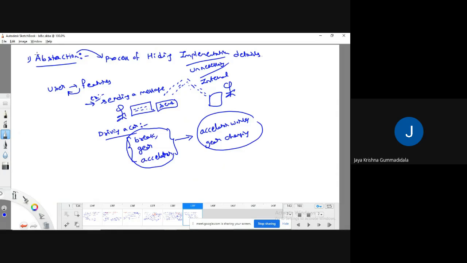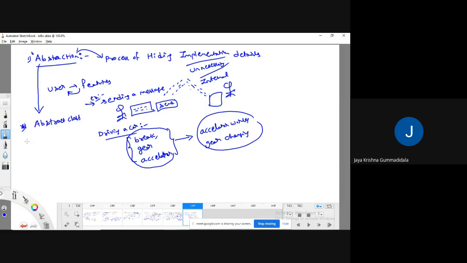So that kind of thing you can call an abstraction. Similarly, in Java also, the abstraction concept is there. Abstraction means hiding the implementation details. That's it. Hiding the implementation details, in Java we can achieve it through the concept of abstract classes.